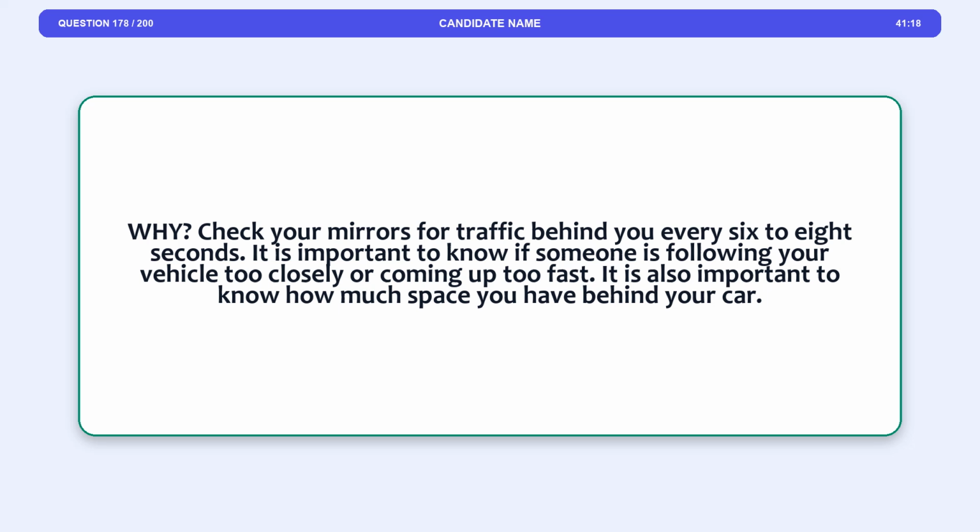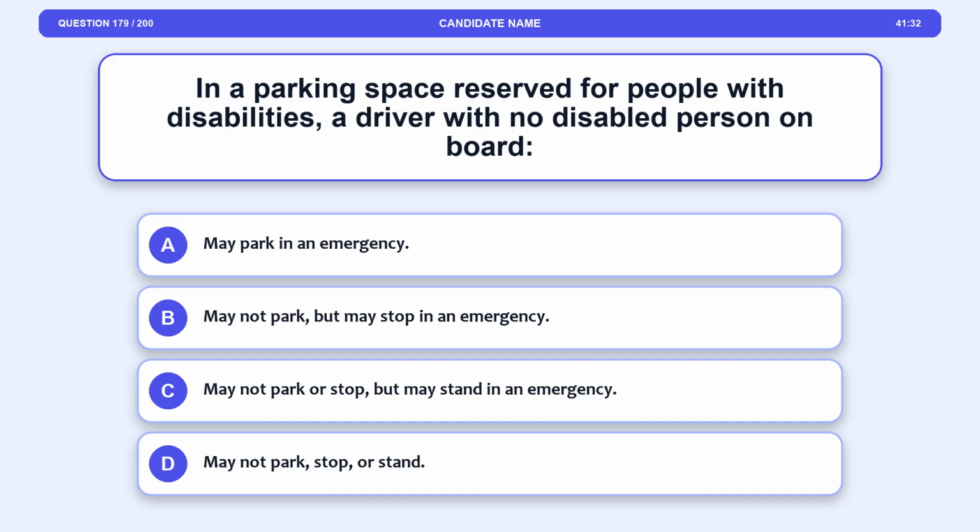Explanation: check your mirrors for traffic behind you every 6 to 8 seconds. It is important to know if someone is following your vehicle too closely or coming up too fast. It is also important to know how much space you have behind your car. Question 179. In a parking space reserved for people with disabilities, a driver with no disabled person on board: Option